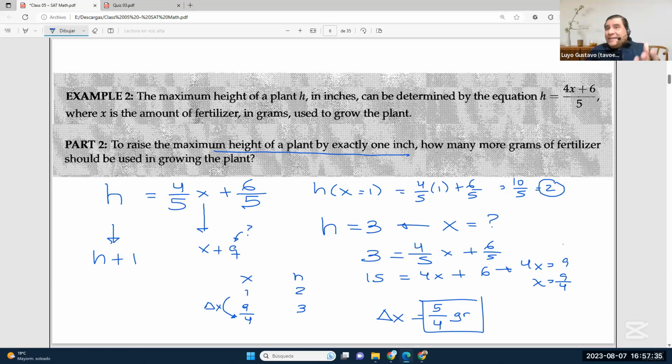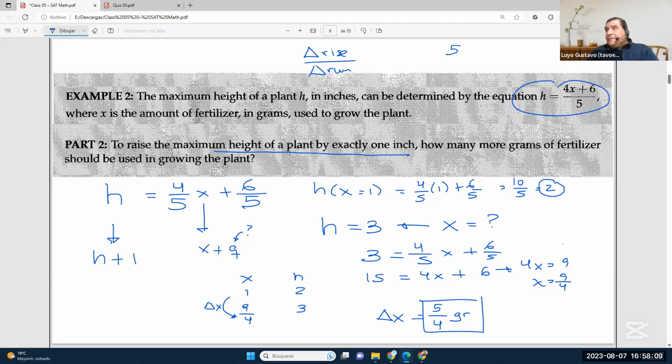This is exactly the same as finding the slope, that is this ratio of rise over run, but in the reverse relationship. So if h is 4/5x plus 6/5, but what is x in terms of h? If you just isolate in this equation the value of x rather than h, so what you would have is